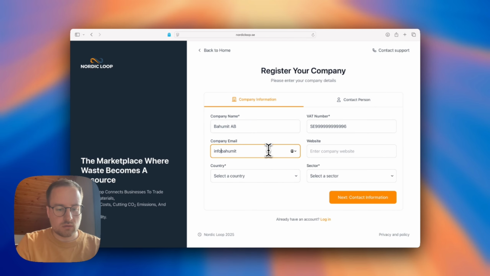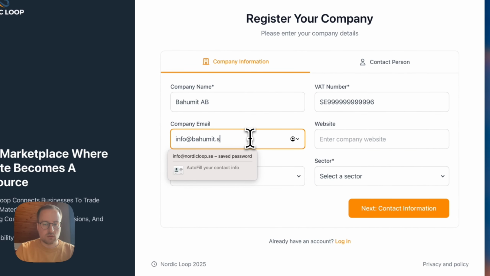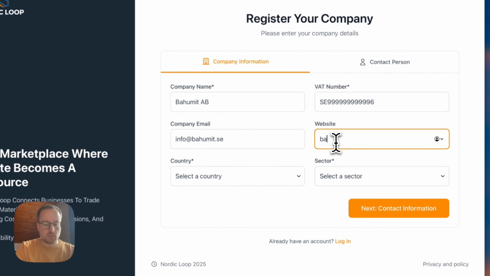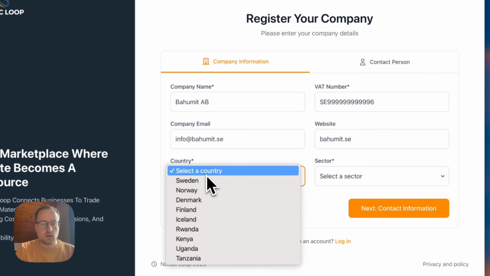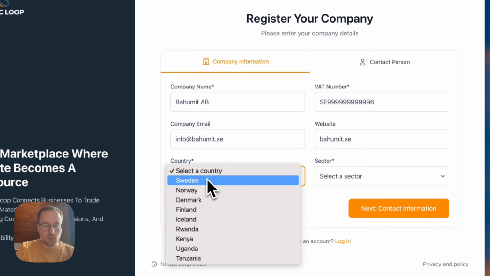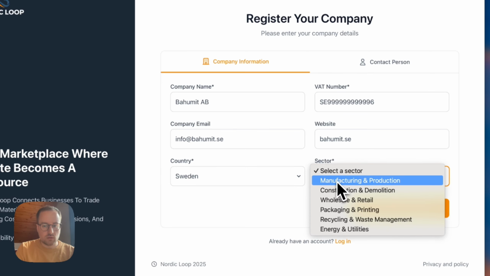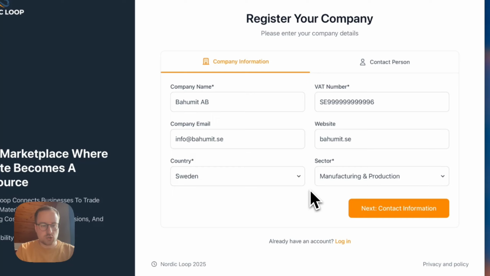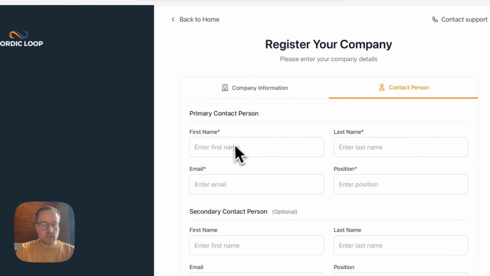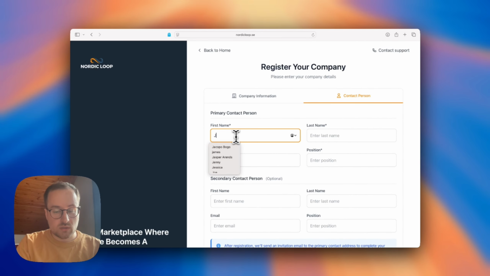So the website of the company that you're registering, the country where the company is based in, the sector. So in this case, let's say manufacturing and production. We're gonna go next. So here we can register the contact person, the primary one, and as an optional is